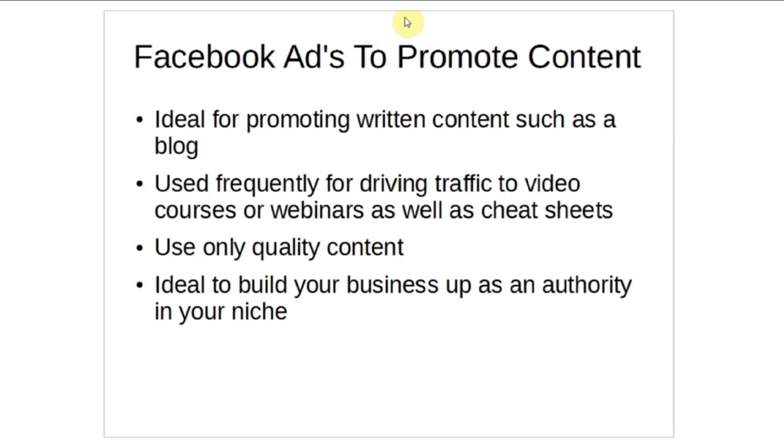Okay, so in this video we're going to look at an ad where the objective is to promote your content. This is actually a really great way of using Facebook advertising, and a lot of people perhaps don't really place enough importance on it because you're not actually promoting something in terms of an actual sale, but it does so much for your business. It's ideal if you've got a blog that you want to promote,